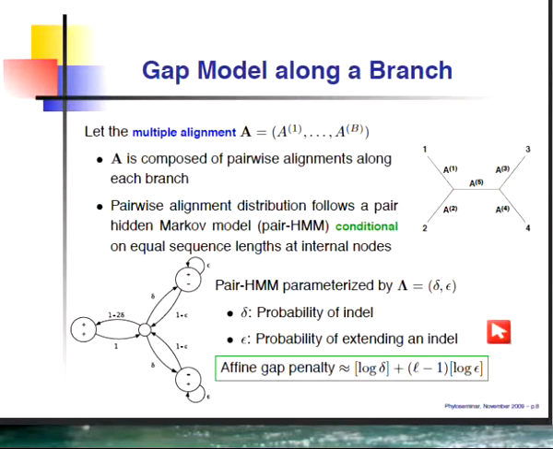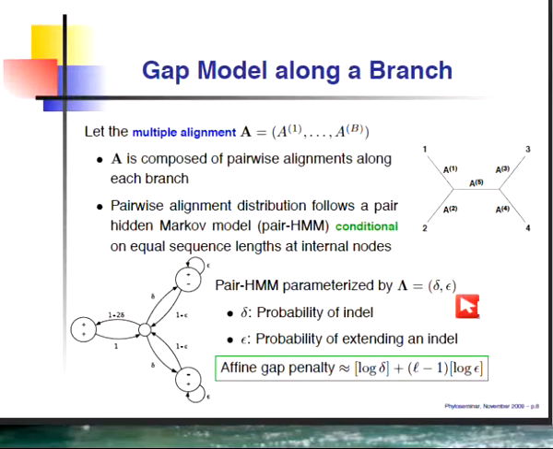One might expect that insertion deletion events are not independent for each character, but that the probability of having a 2-character indel event is not the probability squared of having a single indel event; it's dependent on that, or at least not as small. One can expand the number of emission states here, for example, these in series with different epsilon values, to get a nicer, more realistic distribution on the gap lengths that you might expect.